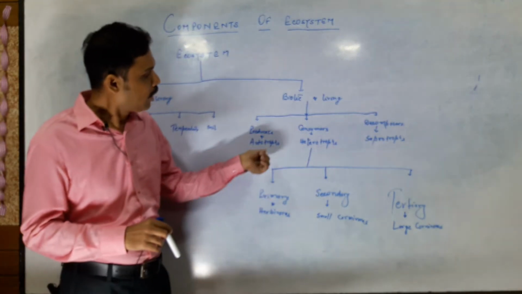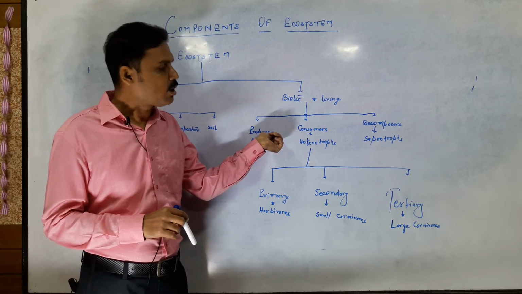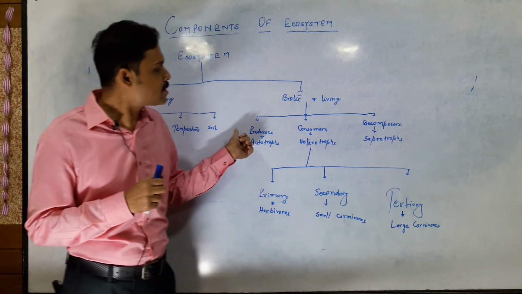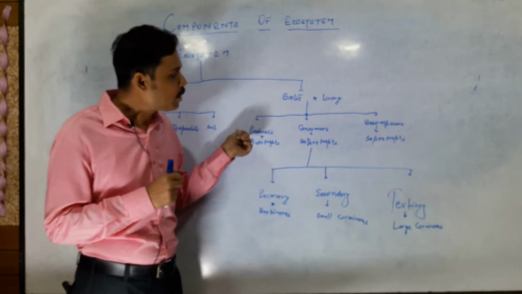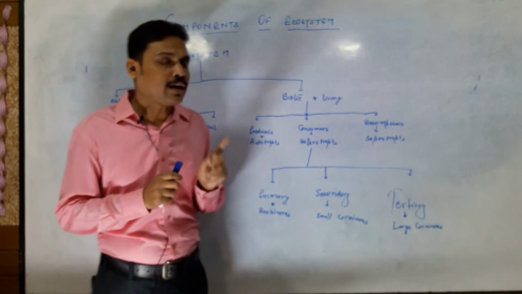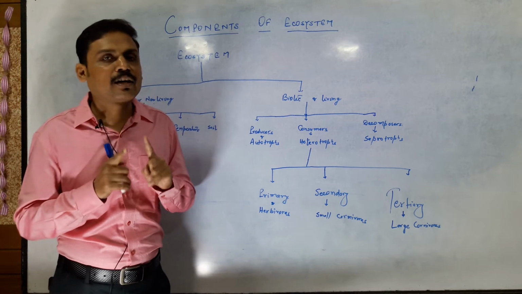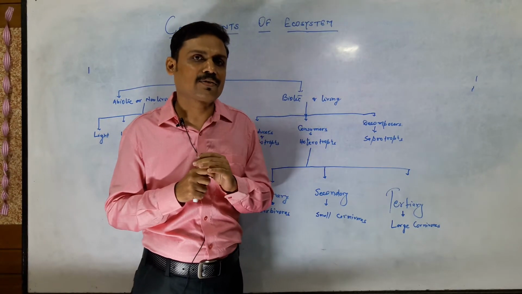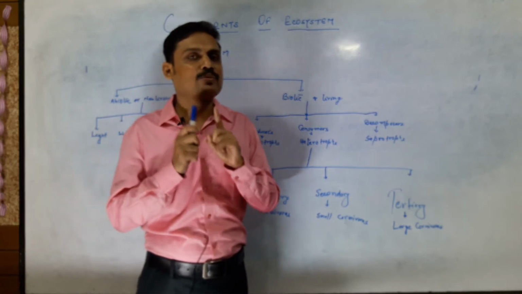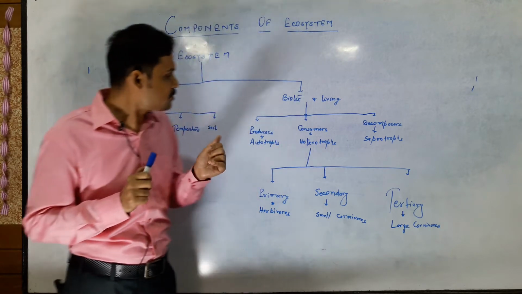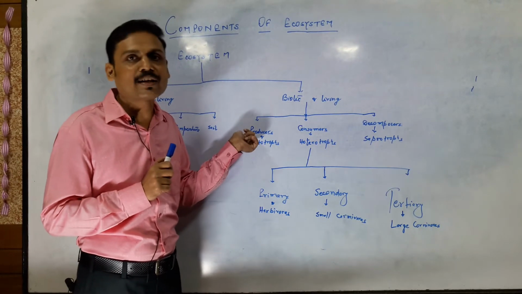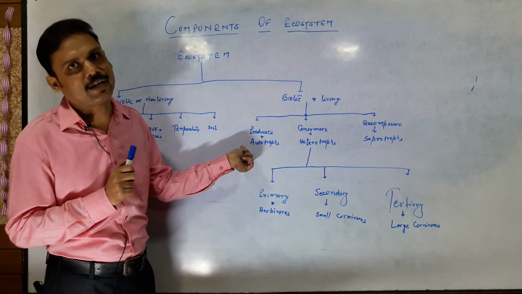What is that? Producers: generally plants on a land ecosystem and planktons in a water ecosystem are considered as producers. Why? Because they are able to manufacture their food independently. That is, they are competent enough to meet their nutritional requirement for themselves. They prepare their own food. That is why producers are also known as autotrophs. Example, the terrestrial plants or the aquatic plants or planktons,